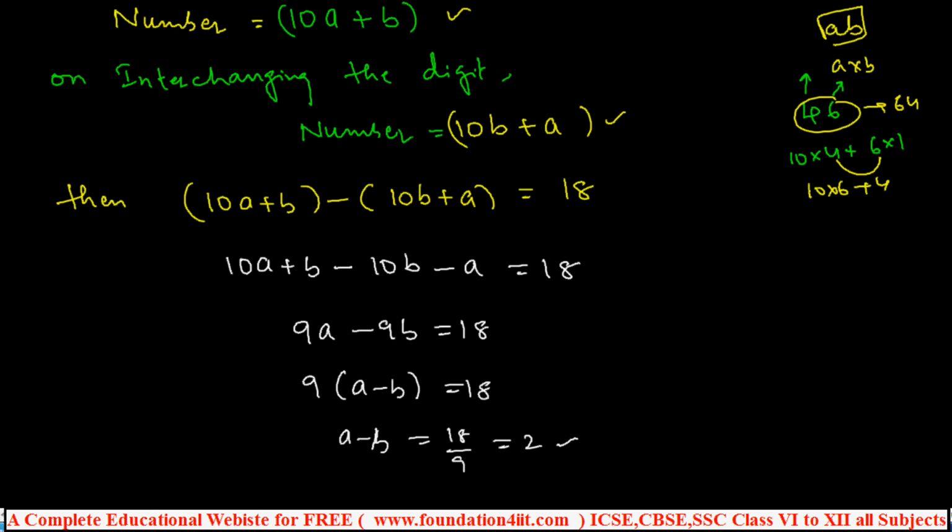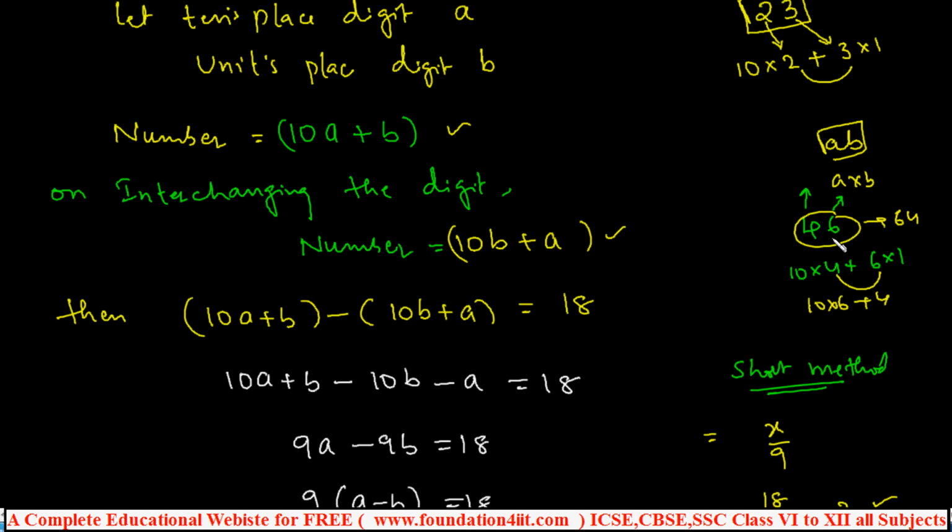And this is one way. And one shortcut way I'll explain, a short method. You can do the previous method, or else the short method is directly: any question like this, x by 9 is the answer, where x is the difference. So 18 by 9 is equal to 2, and we get 2 as the answer, because for any two digit number you take, interchange and subtract, you will get an answer that is a multiple of 9. Any number you can take.